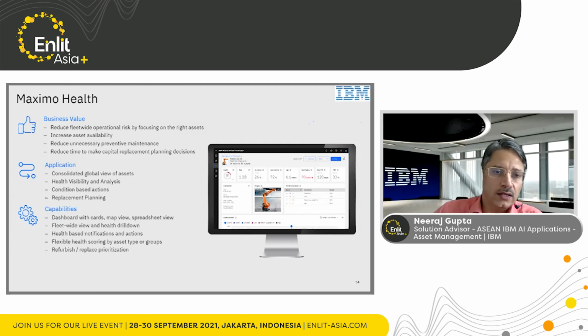And to arrive at the health score, you can derive your own formulas. We provide the capability to define different factors, or drivers, put them in a statistical formula, and then assign an overall health score. It's similar to our own human health. We have various parameters, like blood pressure, diabetes or cholesterol levels, and based on the age of the person and other demographic data, we can say that if your parameters are within this range, you are a healthy person. Similarly, we can assign a health score to our assets based on different parameters.